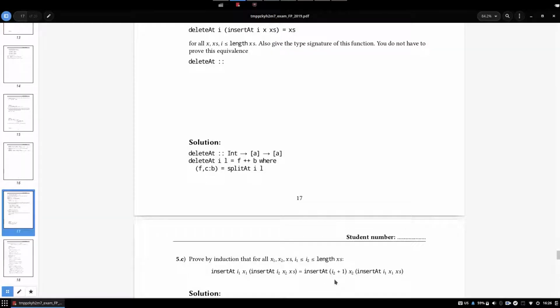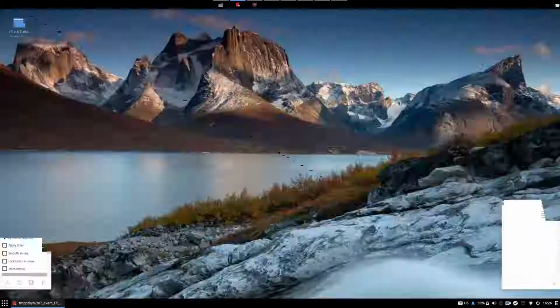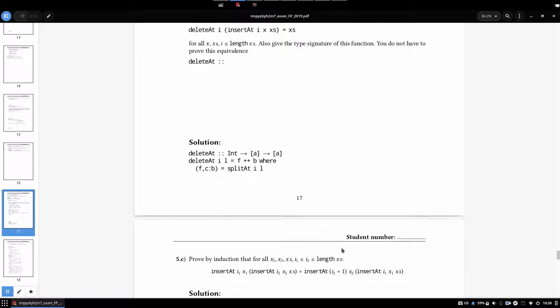If you have 0 here, which we will have in the base case, then you can just say that it's x1 followed by this, which is easier than having to take one element off first. Let's do induction on